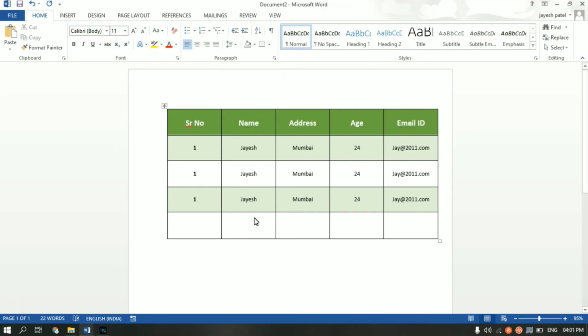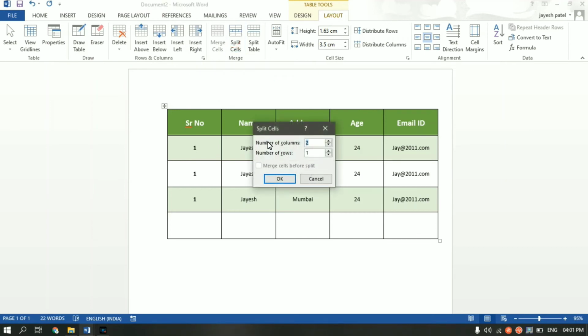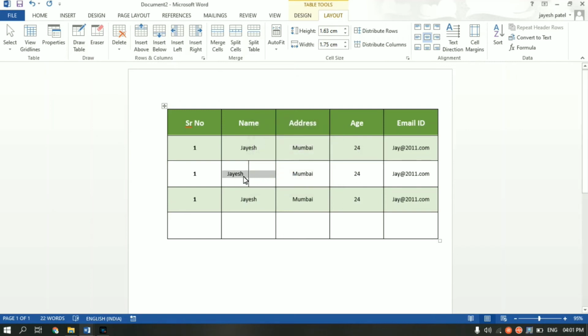This looks better. Now one more thing I want to show you guys is, let's say you want to split any one cell into 2 parts, or merge 2 or 3 cells together. How to do that? Let's start with splitting. Let's say I want to split this cell into 2. Just click on the cell which you want to split, then go inside the layouts tab, and from here you'll see split cell. Click on it, and for number of columns to split, let us split to 2, number of rows 1, click on OK. As you can see, this cell has now become 2 cells. Now I can type something over here as well.